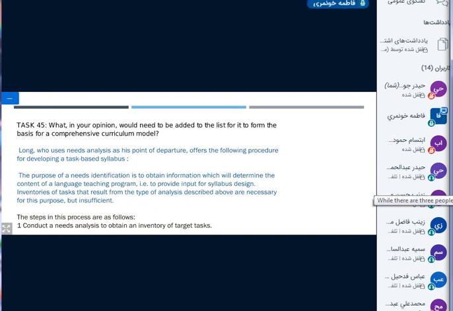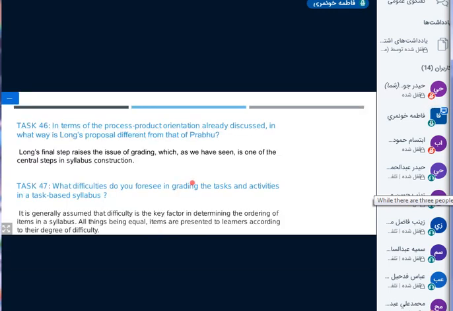Okay. There are two tasks I want you to think about and answer. Write down your answers and send them to me for our next session. One of them is task 45. You should say, in your opinion, what would need to be added to the list for it to form the basis for a comprehensive curriculum model? What do you think can be added to the list that was provided in the previous page to make it more comprehensive? And the next task that I want you to answer is task 47,